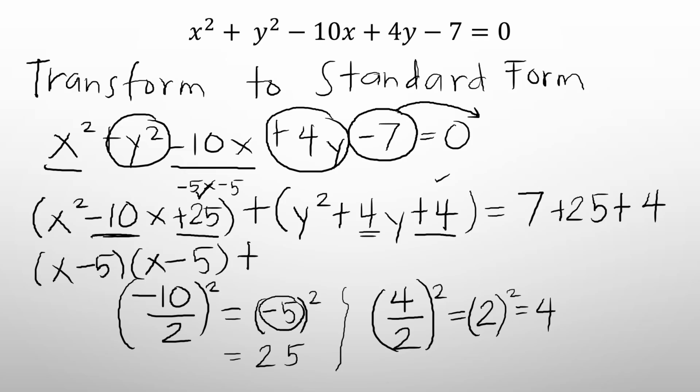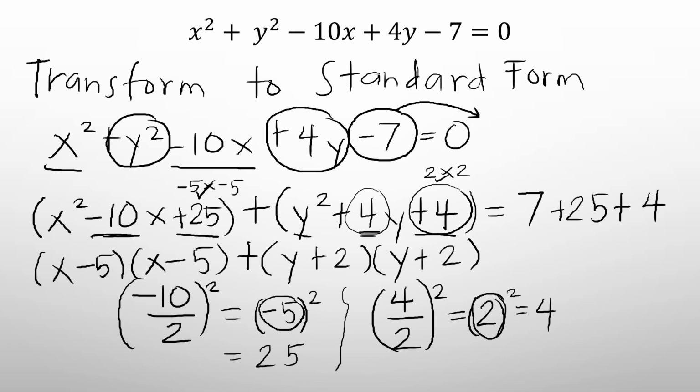Next, plus. We factor y squared plus 4y plus 4. So we put here two parentheses, and then a y here, and another y here. We think of factors of 4 that when added is also 4. So 2 times 2 is equal to 4, and 2 plus 2 is equal to 4. We'll also see that value here. So we add 2 here and add 2 here. So that is equal to 25 plus 7. We have 32 plus 4. The answer is 36.